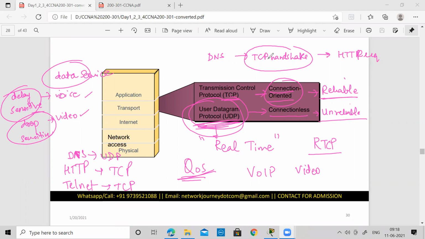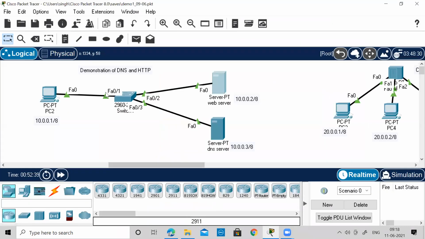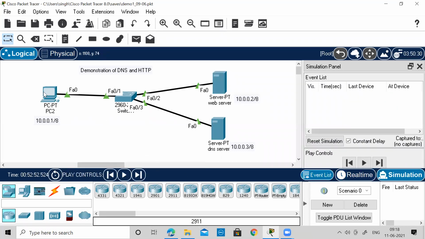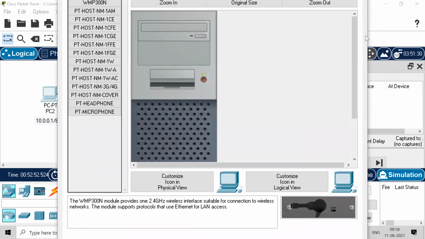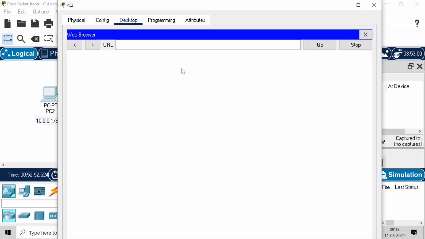Okay, let me show you in the packet tracer, so that you can relate what kind of service is applicable. In the same scenario, I will go to the simulation mode, get inside this computer, go to the browser and check for www.ciscopackettracer.com.